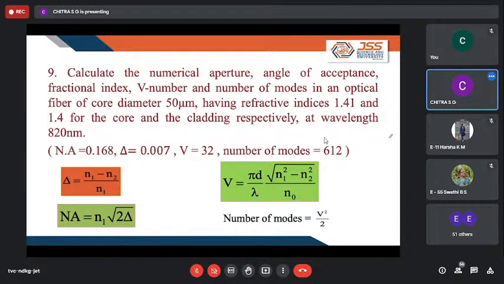Calculate the numerical aperture, the angle of acceptance, the fractional index change, V number, and number of modes in an optical fiber